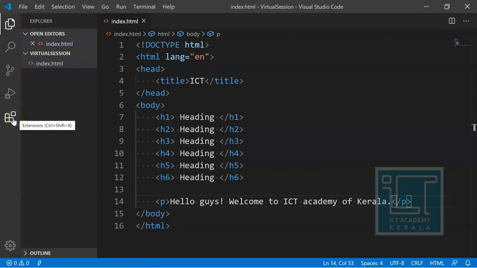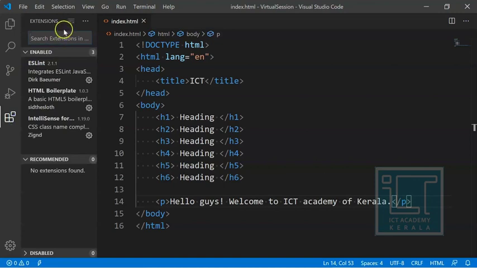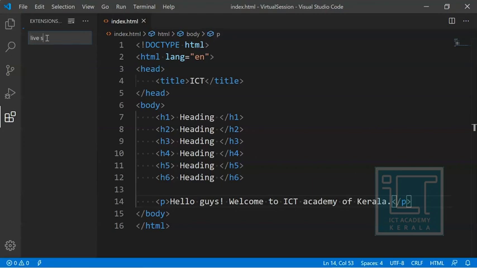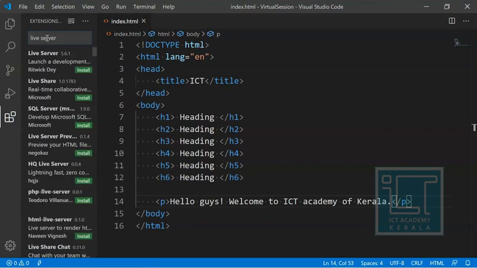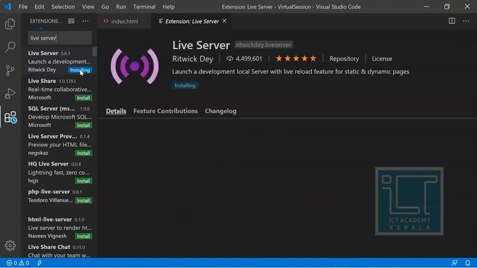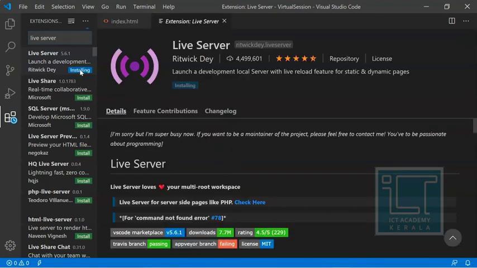So we just have to install this particular Live Server, which is in the extensions. All these are available in the extensions that I have already mentioned. In the extensions tab, we can search for Live Server. Okay, there you go. We have Live Server, and if you want to go for Live Server, click on the install. I'll show you what is the difference if we are going through Live Server. Okay. Just wait for a few seconds for the installation, not so long, I hope. So it's directly installing.